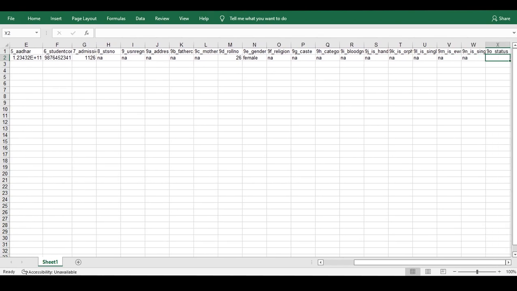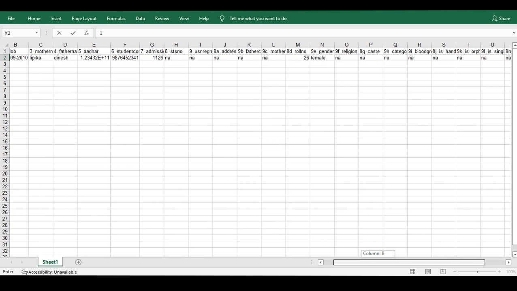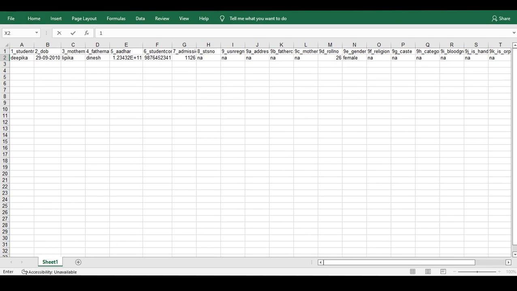The status has to be always 1. One means that the student is active, and as we are adding a new student, so obviously that student will be active. So the status has to be 1. And just say save. Just save the file. Go back to the dashboard